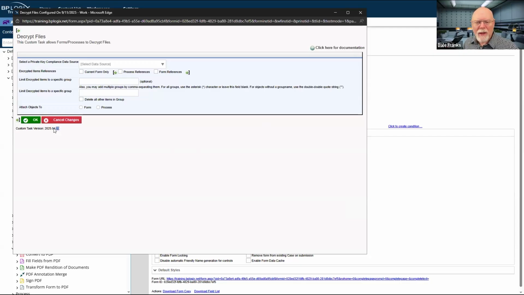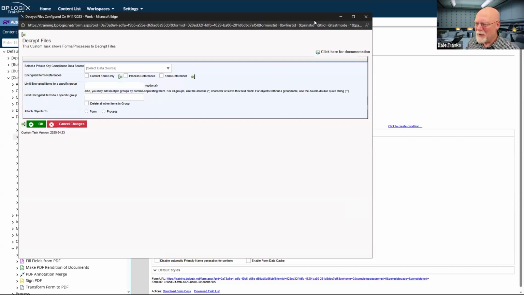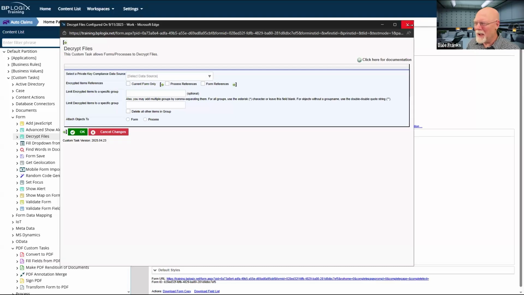This bothers me a lot because this says March 23rd, 2025. That should be an 830, I think, not a 423, because this is a new custom task. I may want to contact the engineering team and have them give this the correct custom task version number. On the other hand, I think this is a development version that I pulled off onto training because I'm not running 313 either. So I could not run this custom task off of the machine that we happen to be looking at right now.